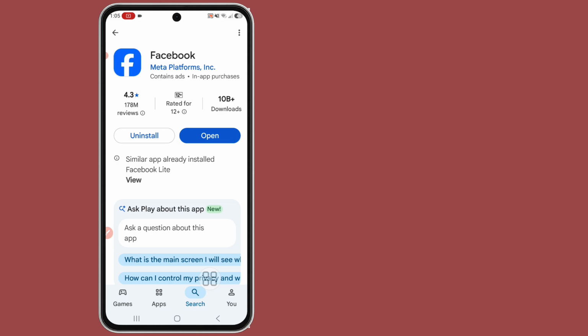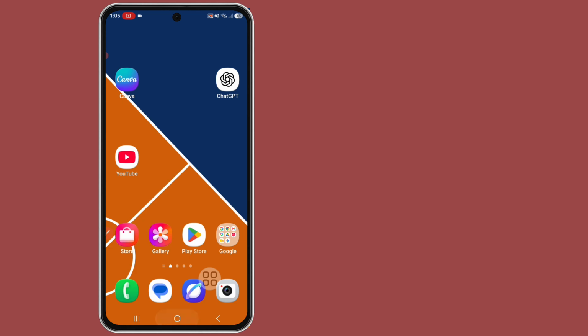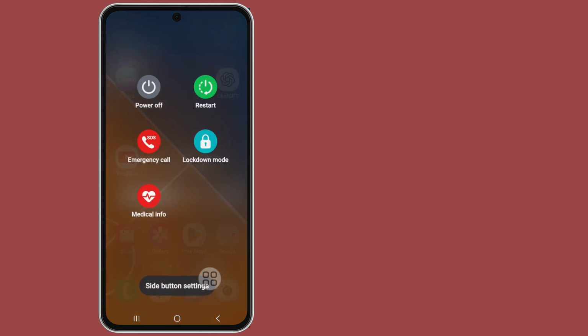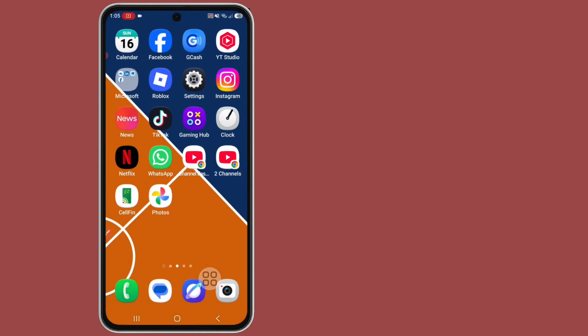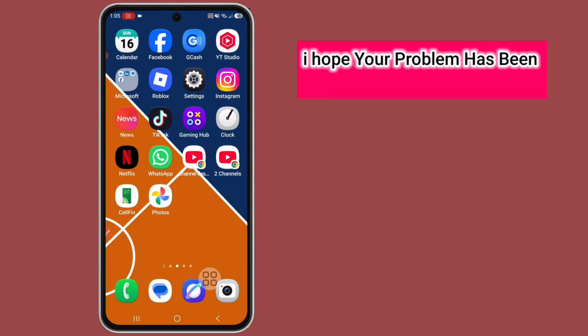Okay, back to home screen and now restart your phone and reopen it again. Okay, back to home screen and open your Facebook app and now log in to your Facebook, and I hope your problem has been solved